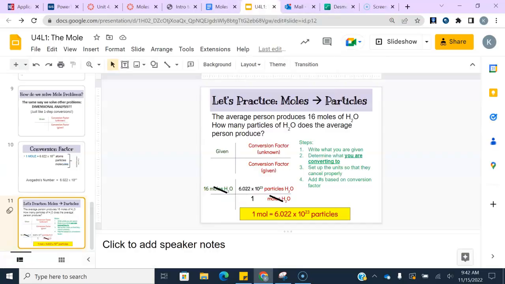If we go back and see this again, remember, you're just multiplying across the top. You would multiply across the bottom and then divide if you needed to, but because these are both 1, 1 times 1 is 1, and if you divide by 1, you're just given whatever answer is on top. So here we just had to do 16 times 6.022 times 10 to the 23rd. Okay. I know right now this might seem a little overwhelming,